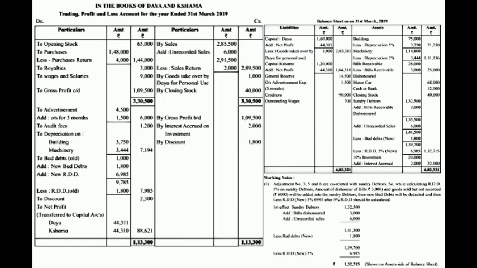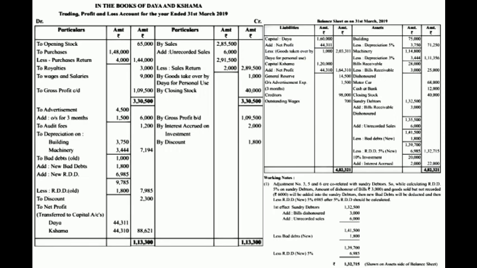Now we have the fifth adjustment. But before passing the fifth adjustment, we always have to pass the sixth adjustment. The sixth adjustment is goods of rupees 6,000 were sold, but no entry was made in the books of account. Why are we passing this sixth entry first? Because both fifth and sixth are related with the debtor only.